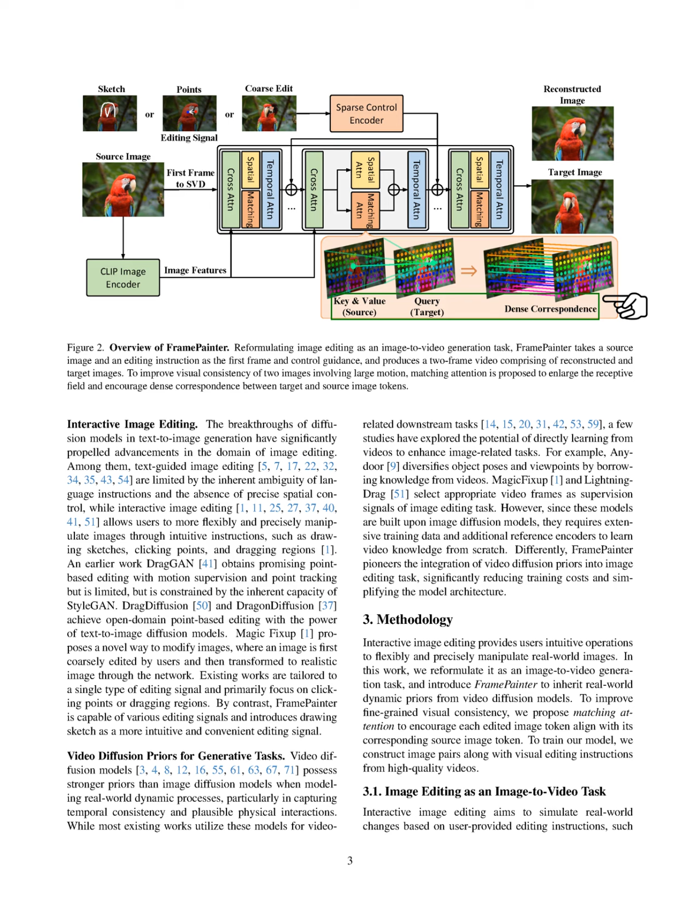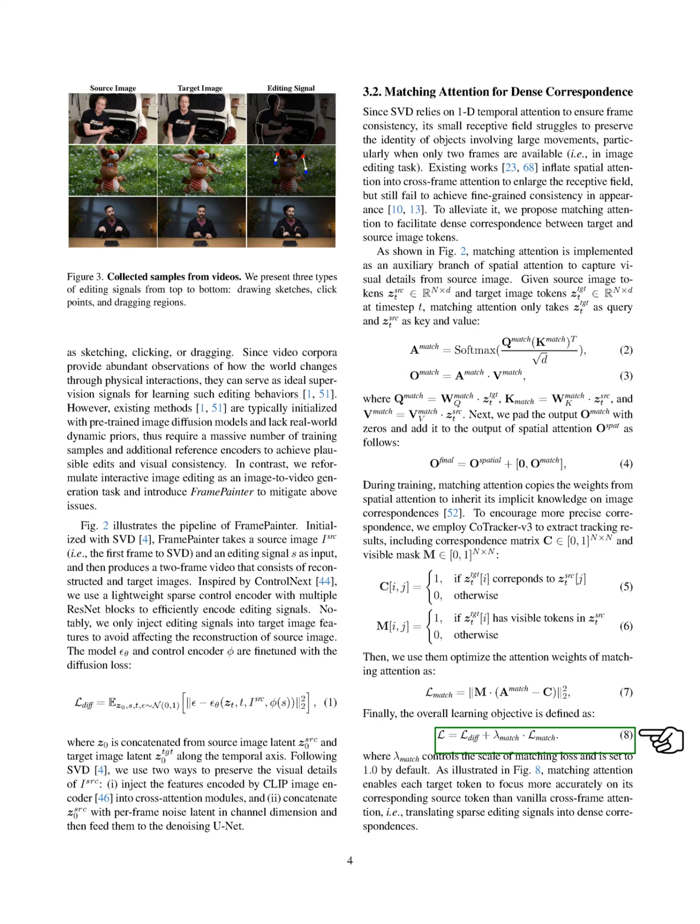For achieving precise visual correspondence, we introduce matching attention, which enhances the connection between target and source image tokens. This method uses the target tokens as queries and the source tokens as keys and values, allowing us to capture detailed visual information. We also incorporate tracking results to refine our attention weights, ensuring that our model focuses accurately on corresponding tokens. Our overall learning objective combines the diffusion loss with a matching loss, which we control with a scaling factor. This approach allows our model to translate sparse editing signals into dense correspondences, improving the accuracy of the edits we